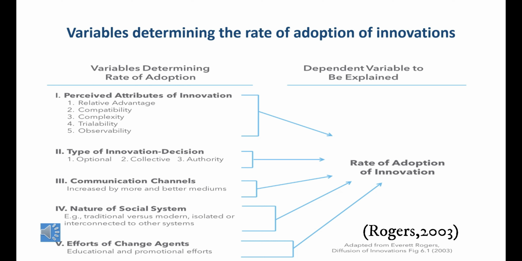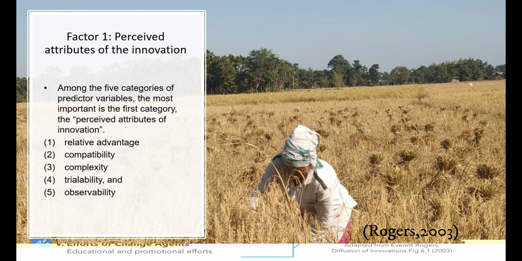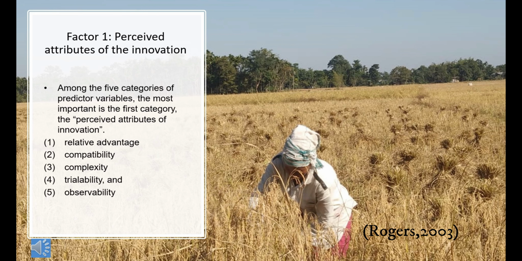The 5 groups of variables on the left have been shown by Rogers and other researchers to be valid and reliable predictors of the rate of adoption of an innovation. Factor 1. Perceived attributes of the innovation. Among the 5 categories of predictor variables, the most important is the first category, the perceived attributes of innovation. Those are relative advantage, compatibility, complexity, trialability, and observability. Rogers reports that between 49 and 87% of the variance in the rate of adoption can be explained by 5